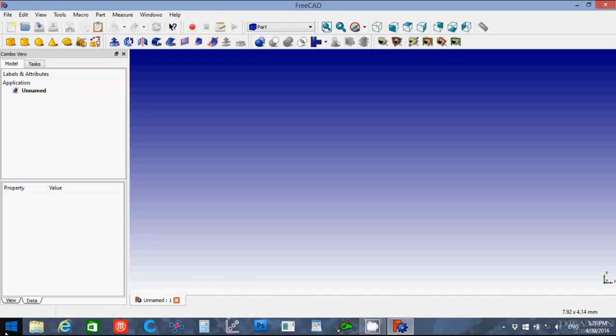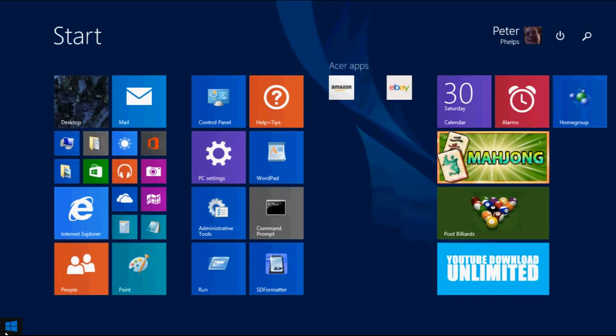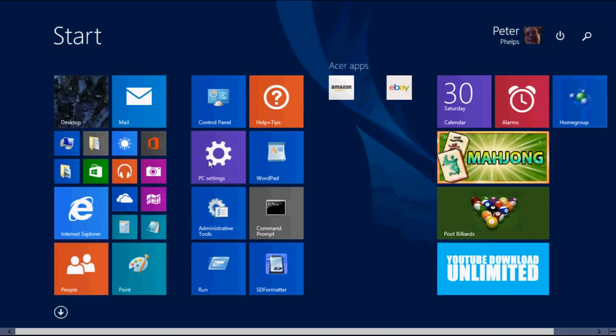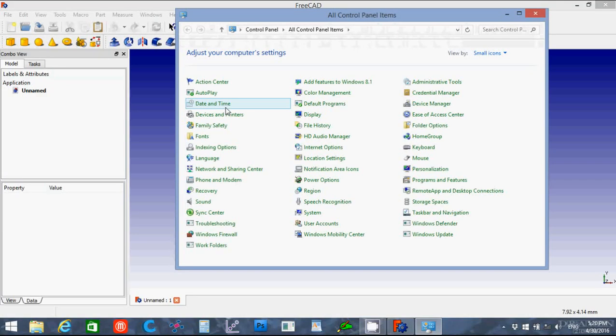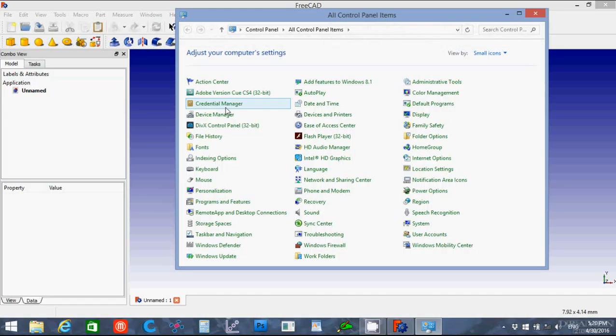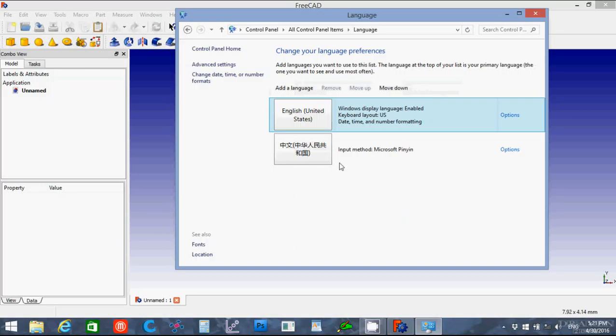Now, first thing you have to do is in Windows you'll need to already have set up an alternative language. In my case I have English and simplified Chinese characters, but you'll want to go into your control panel, go into language, and see here I have the Microsoft Pinyin and the regular English language. You can click add a language,